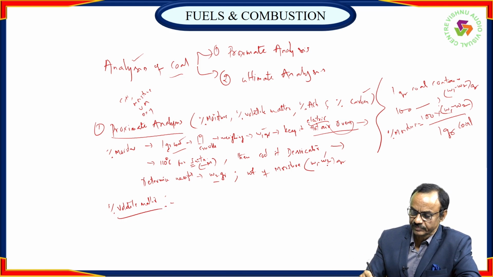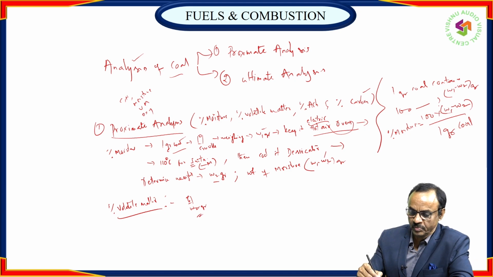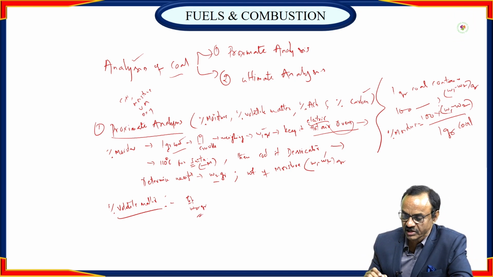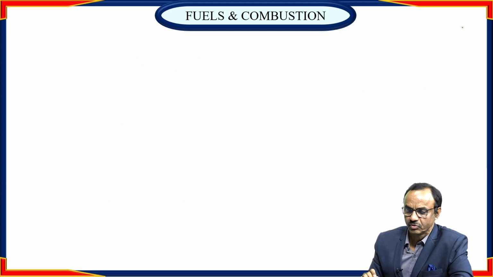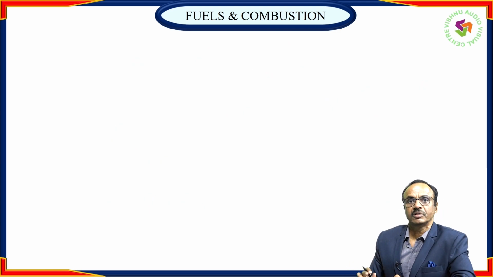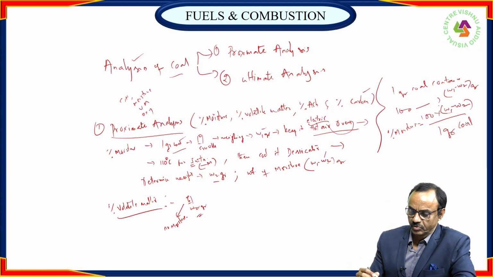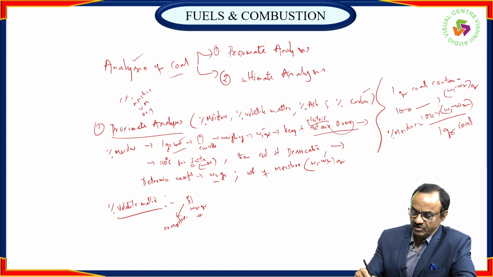So you take this crucible containing this sample. The weight of this is W2 grams. After removing moisture, the crucible plus remaining sample does not contain any moisture. So we are not taking a separate sample, just continuing the previous one, the same sample. Then just cover it with a lid.